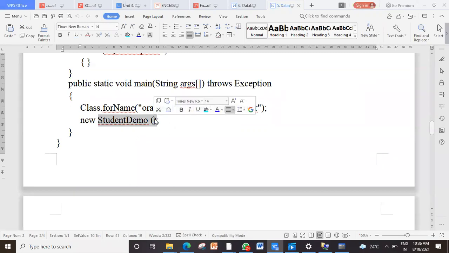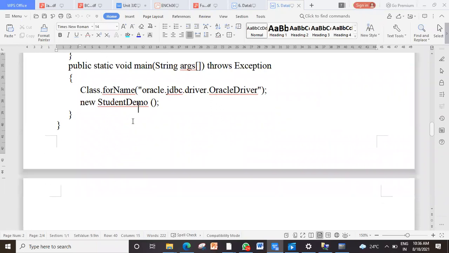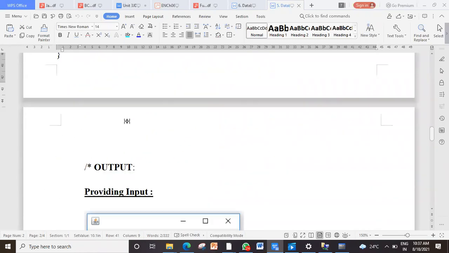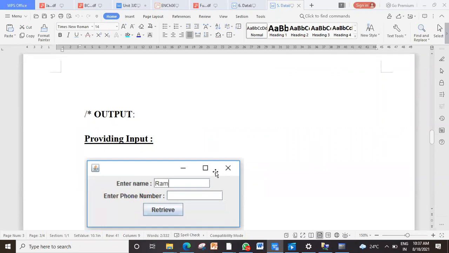Clear with that? So out of 7 steps, I'm doing the first step, loading the driver, here and the remaining steps inside the constructor. Anyhow, it can be done. So here the constructor will be called. That means this line gets executed. And this is the output. Fine. So quickly, I will show you the execution.